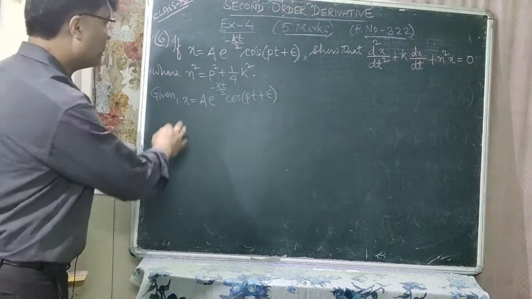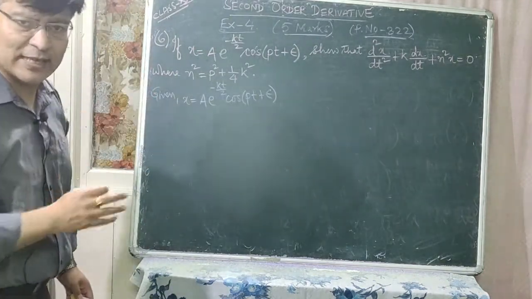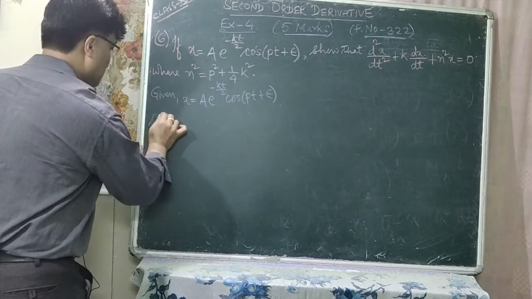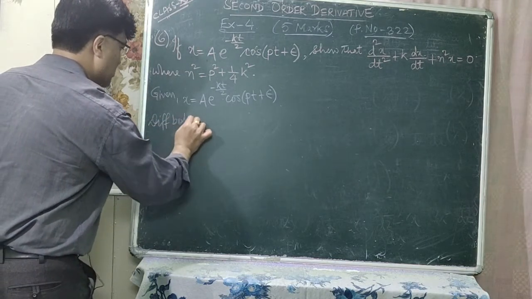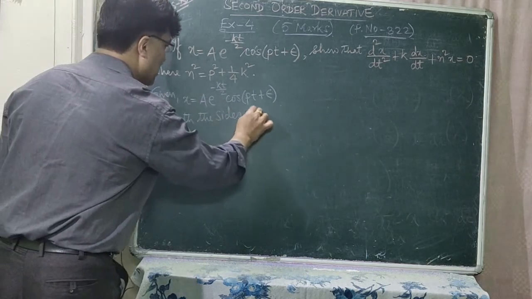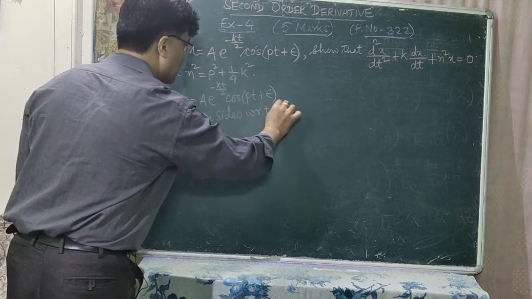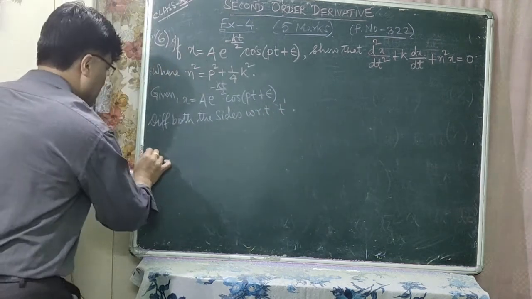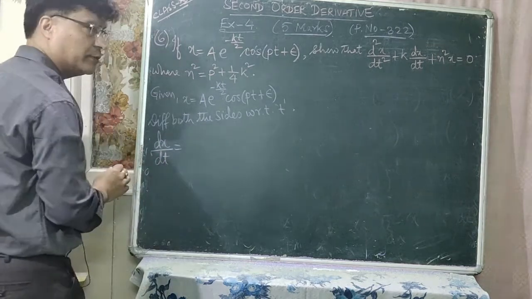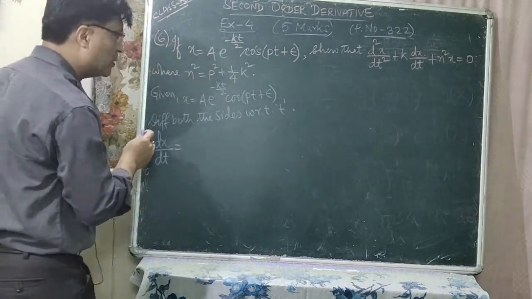Now you have to find dx by dt. Here x and t are the variables, so you have to find out first dx by dt. So differentiating both the sides with respect to t, this is your dx by dt is equal to,